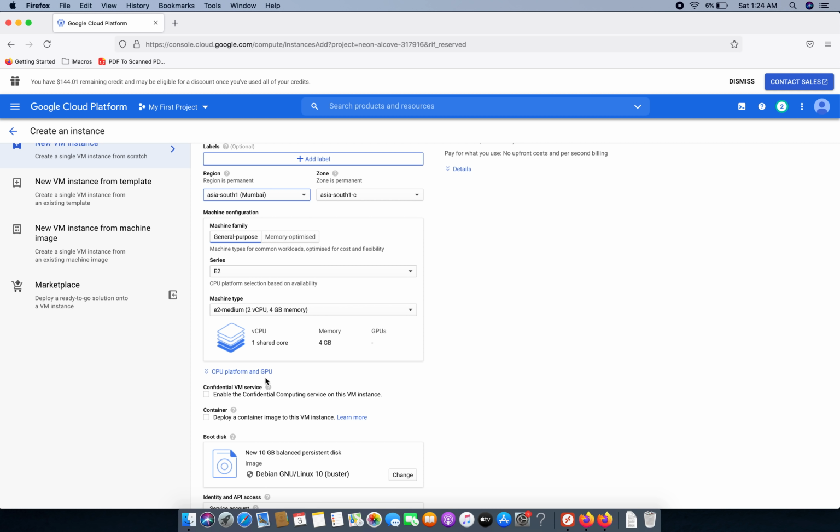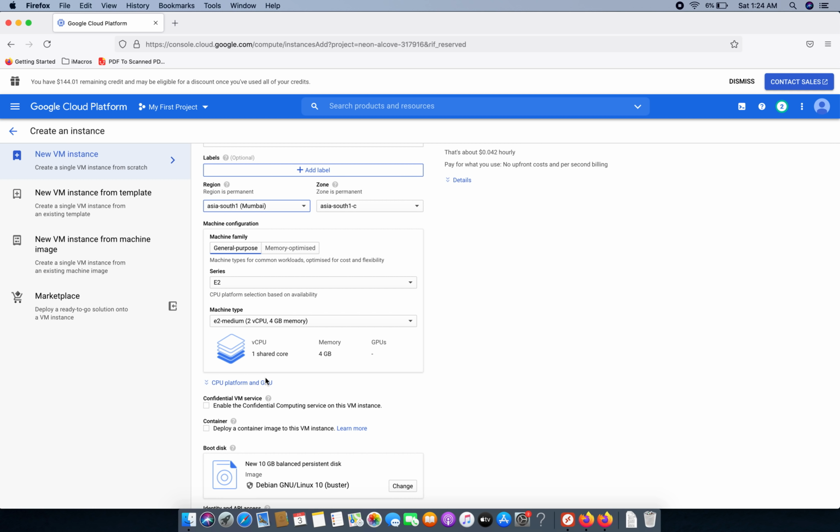The reason why I have selected Mumbai is because Mumbai is near to Pakistan, my country, and I will get much lower pings. Much lower pings mean much higher speed. Let's suppose if you are living in Canada, then you should select USA, like California, Las Vegas, because you will get much higher speed, much lower pings. There will not be a delay in the connection.